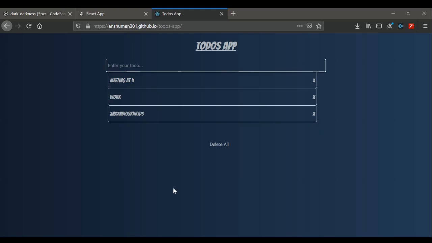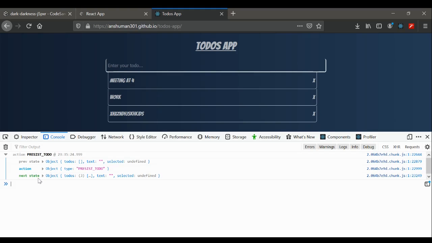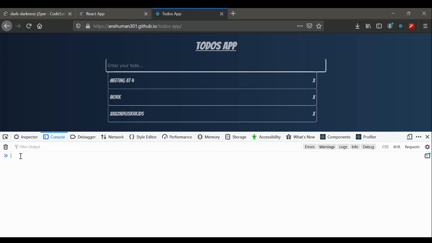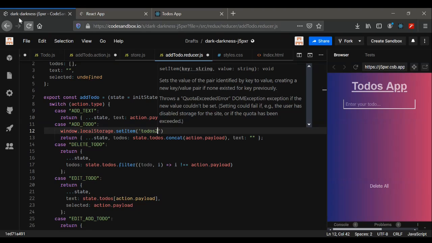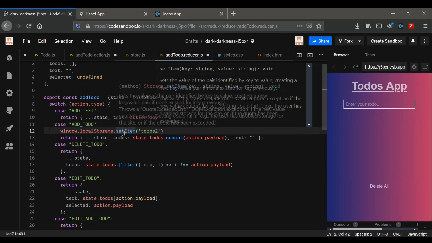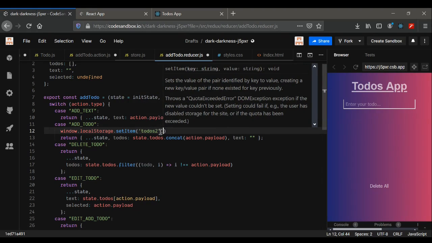So just go to your console. If you are in your console, just type in localStorage. Local storage, you can see in here that I have got some storage, which is the previously made storage. So it is the same thing that we are using in here. So back to your code, I have used this window thing. So in here I'm going to use it,